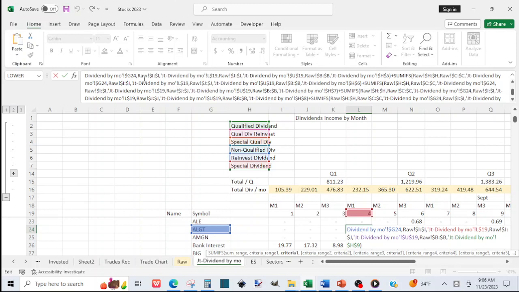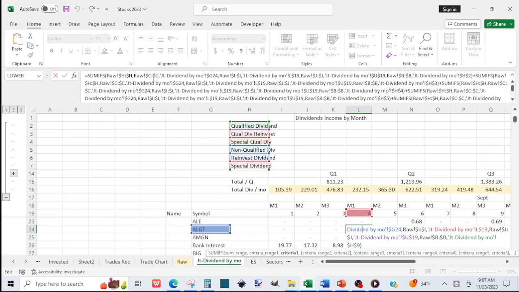And as you can see, it's pulling from the raw tab, and I'm using some if formula. Sum the raw, let me get out of it. But sum a column on the raw tab, on that data tab,